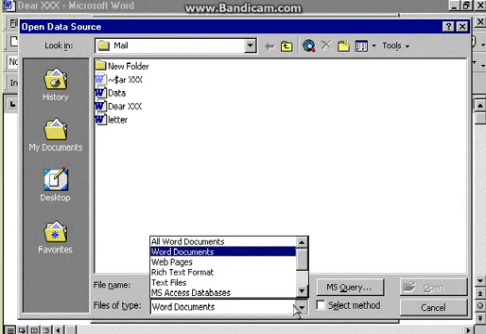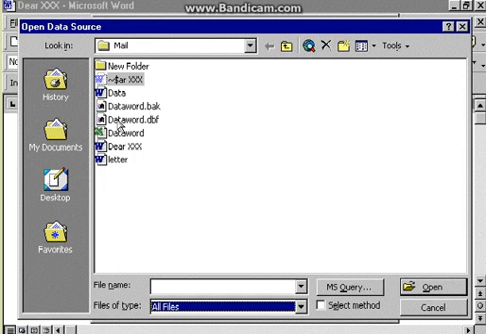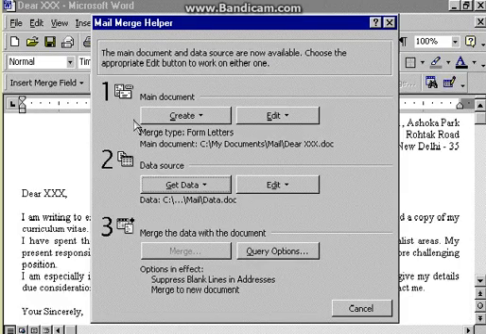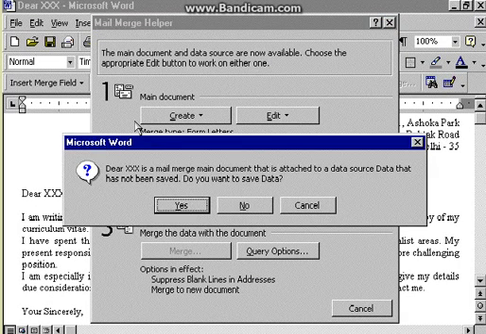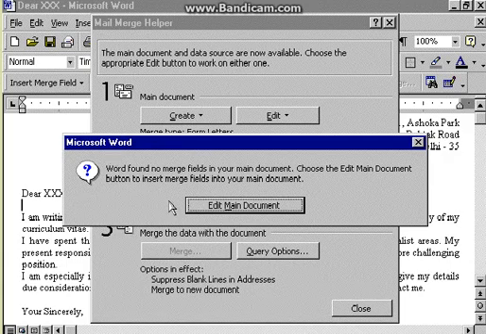select all files, and here is my data word .dbf files where I have all data. I'm just double clicking on that. I'm not interested in saving my data example as a data source. I click No, and then I get this message indicating that no merge fields have been found in my main